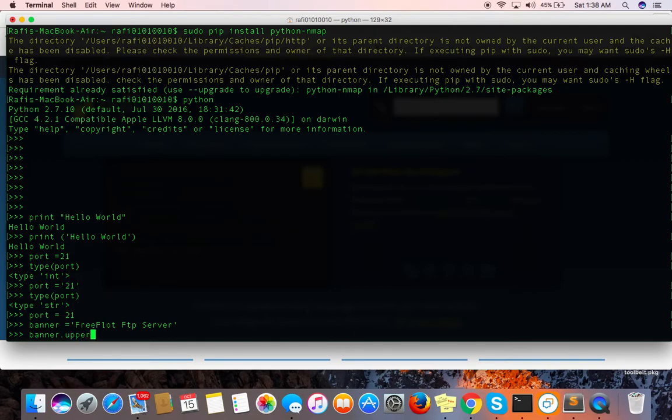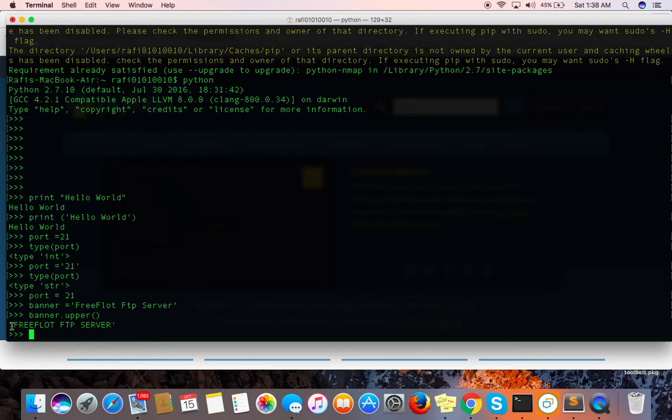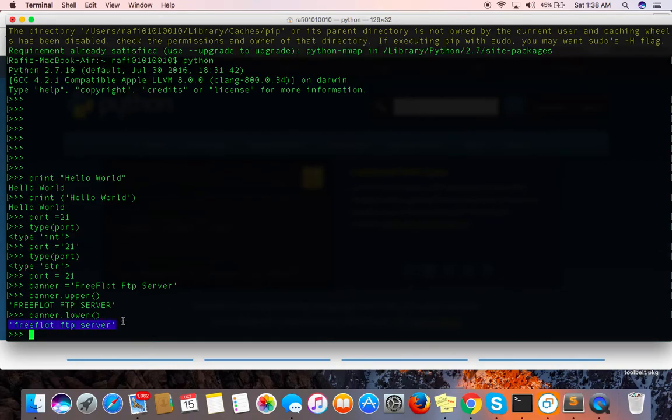So we have inbuilt functions in Python like upper, lower, find, and replace. So we are going to do that. Banner dot upper. This is a Python function. It will return me the string in uppercase, and I'm going to use the lower. It will return me the string in lowercase. If I need to replace this free float with ability or my name Rafi, how can we do that in Python? Python also has an inbuilt function, replace. So I'm going to use this